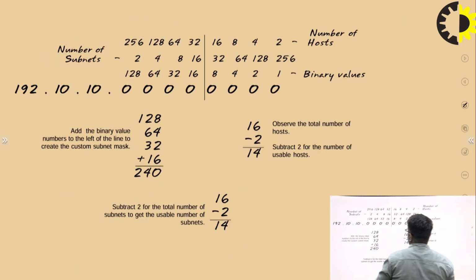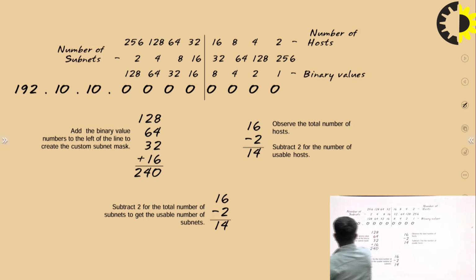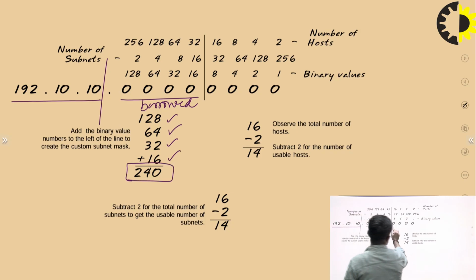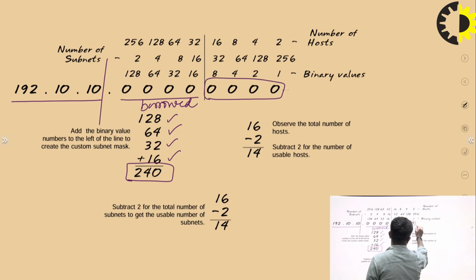So this is 192.10.10. We cannot touch it. They are separated, and these 4 bits are borrowed. 128 plus 64 plus 32 plus 16, which is 240. Okay, and these are the 4 bits for the